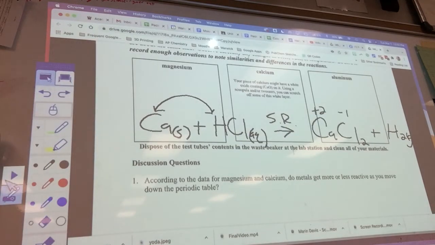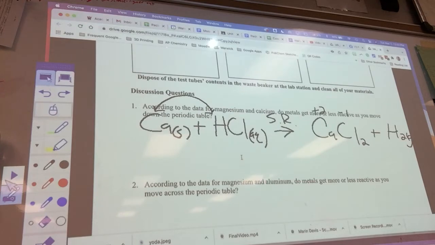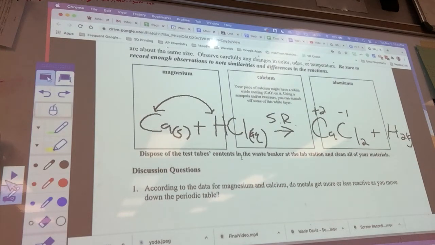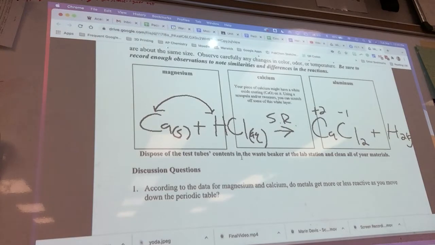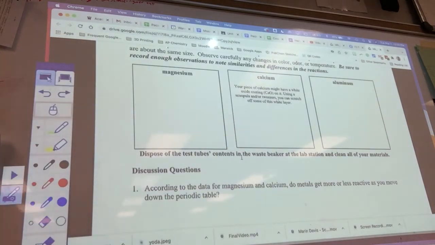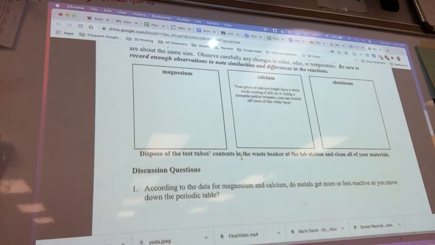Group number 2. What happens as you go left to right on the periodic table? Like as you went from magnesium over to aluminum? It gets less reactive. Good. And what made you say aluminum was less reactive? Right, nothing really happened. Now, part of that, I would definitely think aluminum could react with the hydrochloric acid, so